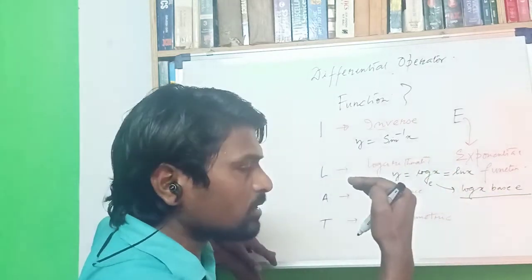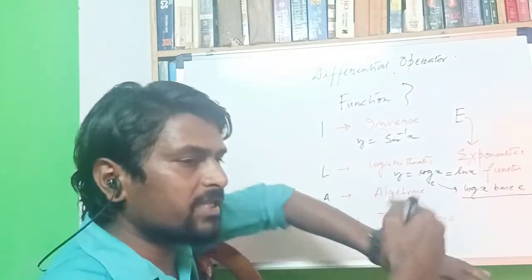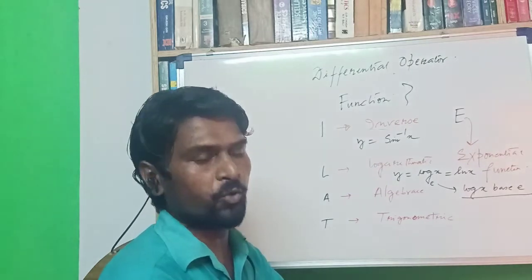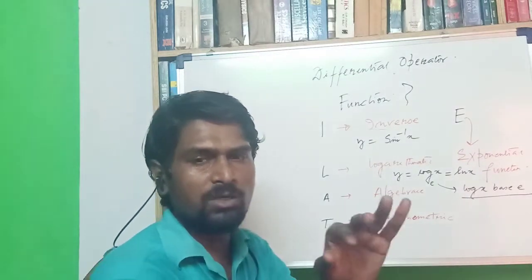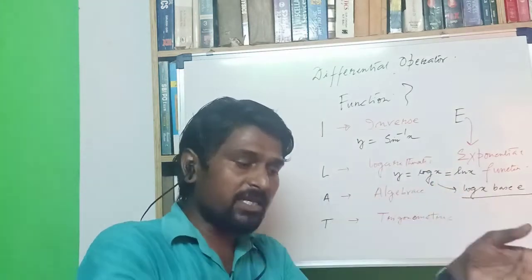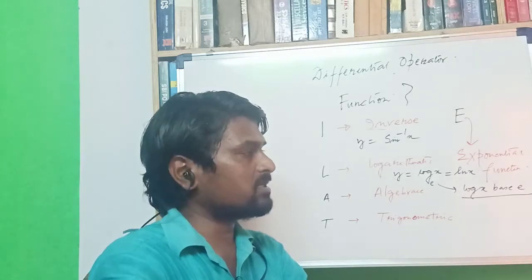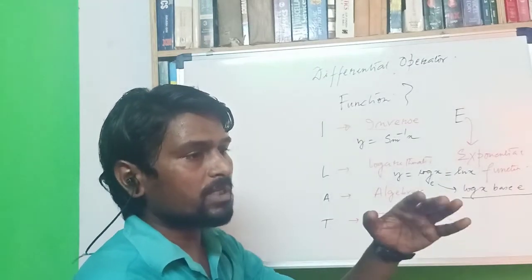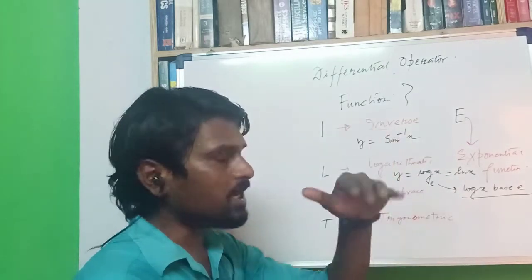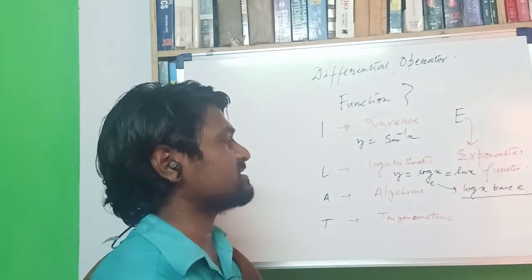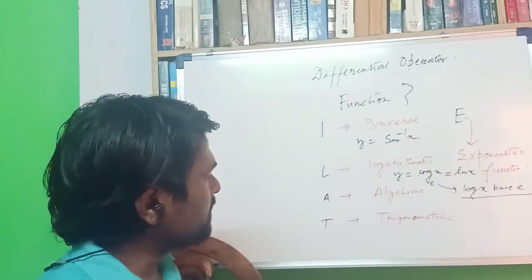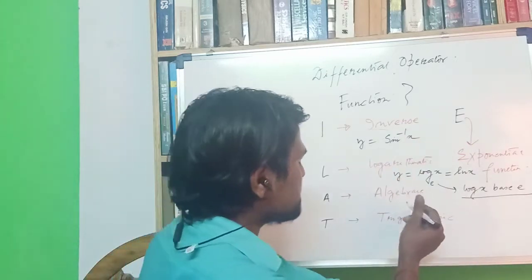So the function changes with that particular base value. Suppose every day your mom cooks different foods, but the base food remains constant. So you have to compare whether that particular food today is better or not. It depends upon the base value. So it is also a function y equal to log x base e, that is, you can write it like ln of x.